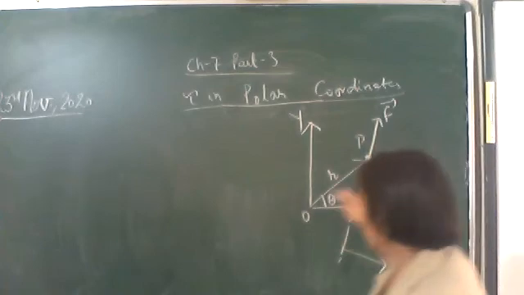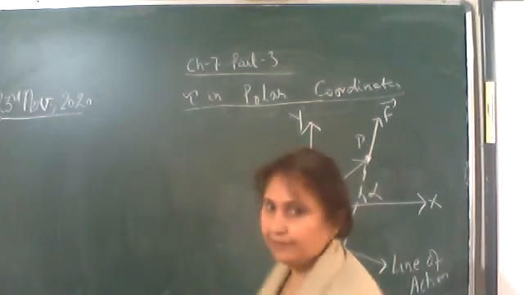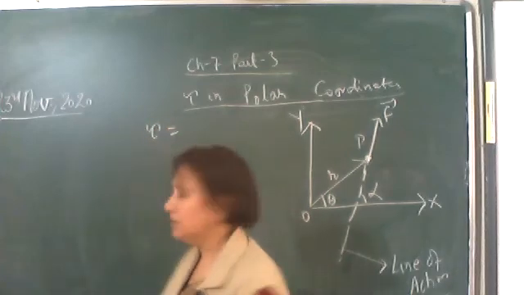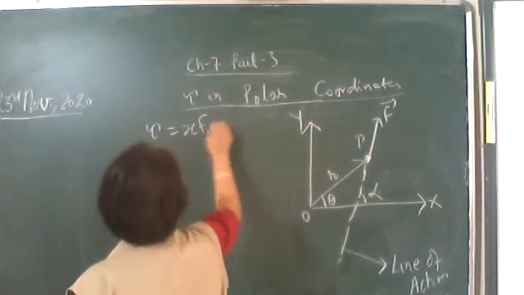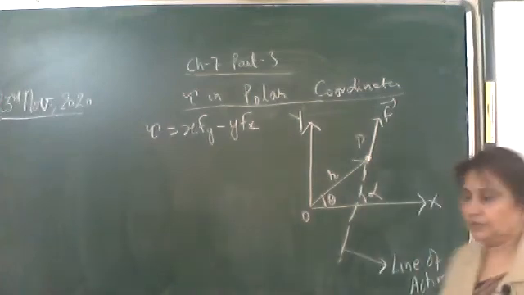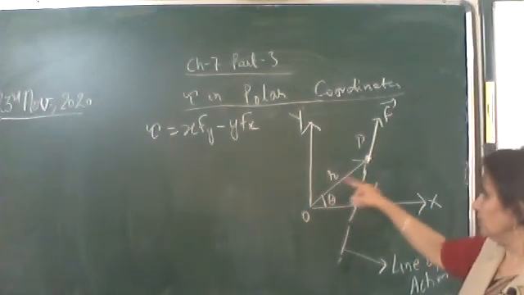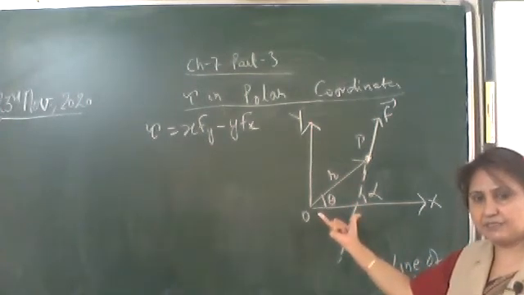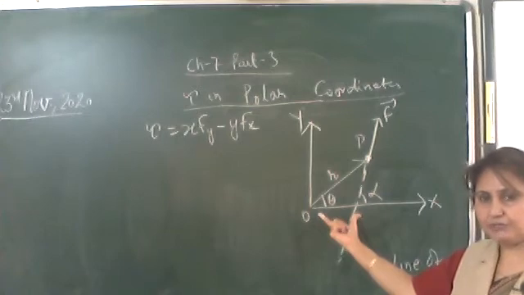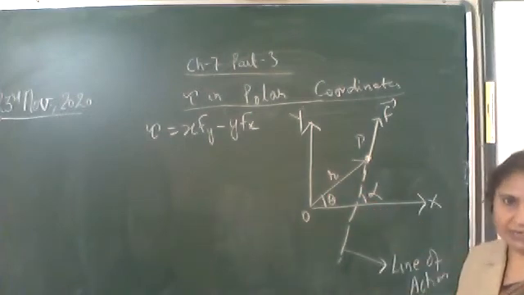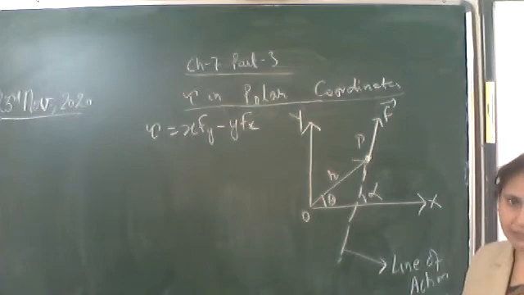Okay, now let's find out. We know that as R and F are in the XY plane, tau will be acting along the Z axis, which is equal to x F_y minus y F_x. Now this R is in the XY plane, that is some distance along the X axis. In terms of trigonometric ratio, x is equal to r cos theta. Y distance is equal to r sin theta.